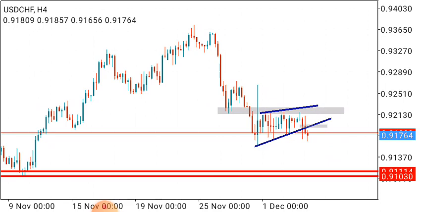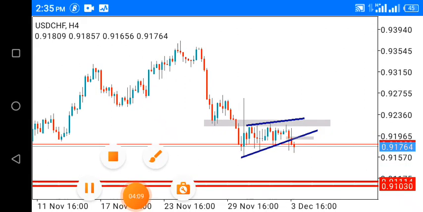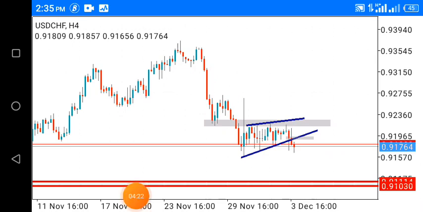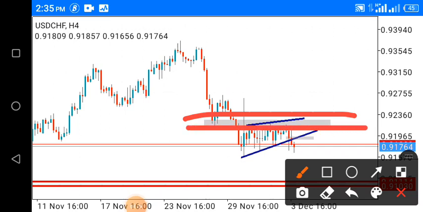So right here, first thing I do is to identify the trend and also identify my structure. If you can see here, the trend is going down, moves up, comes down, moves up, comes down, moves up, and is ready to go down again. You get that? So this was the most recent structure that was broken. I'm already in this trade. This was the previous structure that was broken.